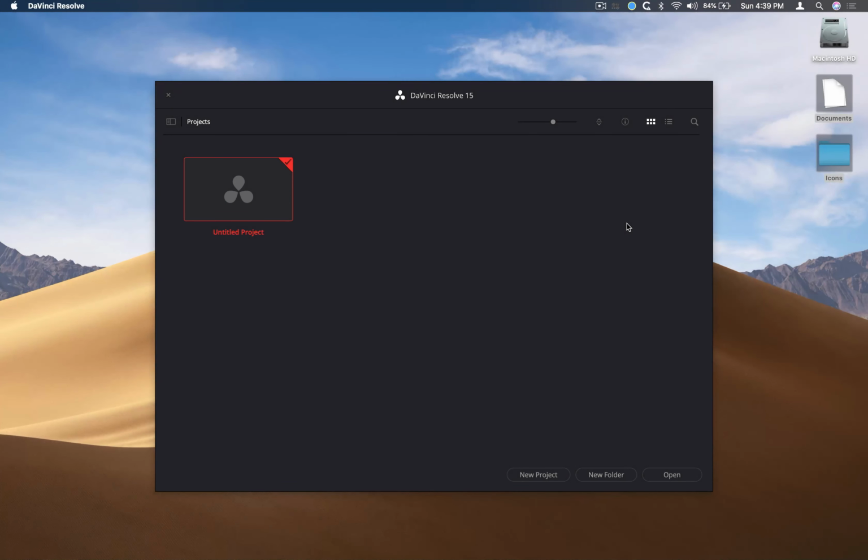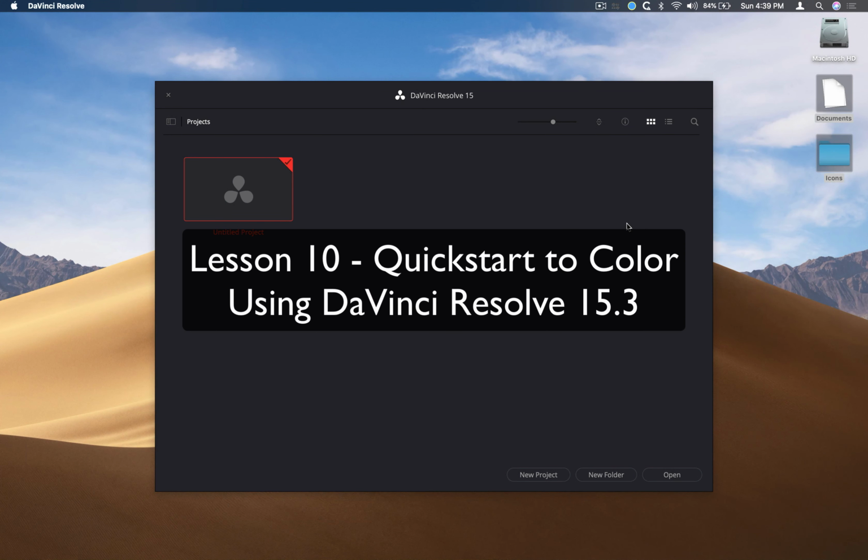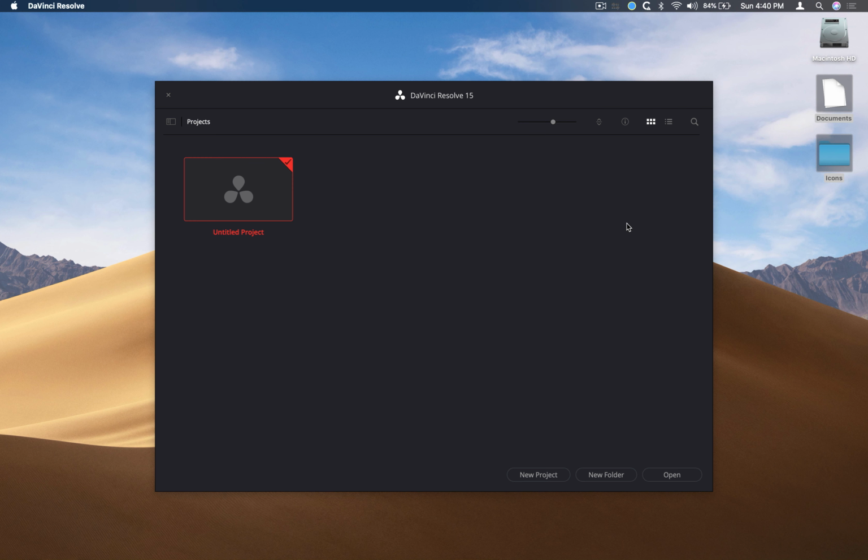This is lesson 10, the quick start to the color page. The first thing we want to do is load our project. Now we are going to use what is called a DaVinci Resolve archive. An archive is a self-contained project that includes all of the media. So all you have to do is restore the archive and the project will be available with all of the